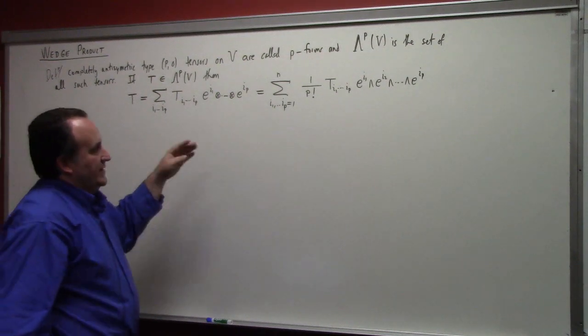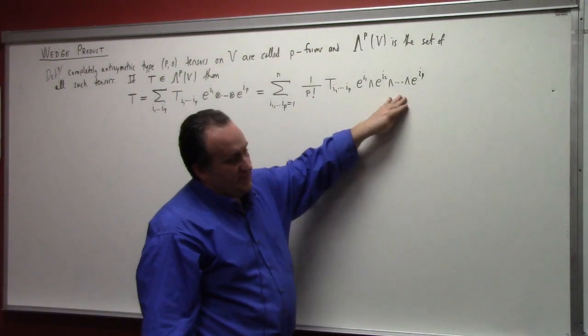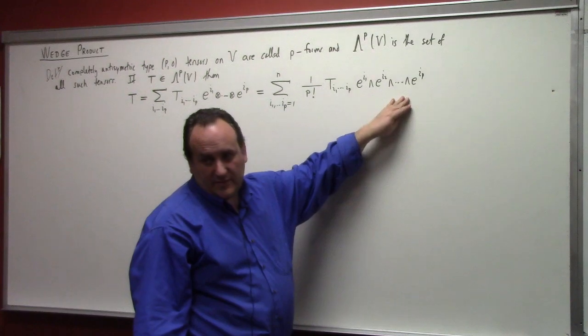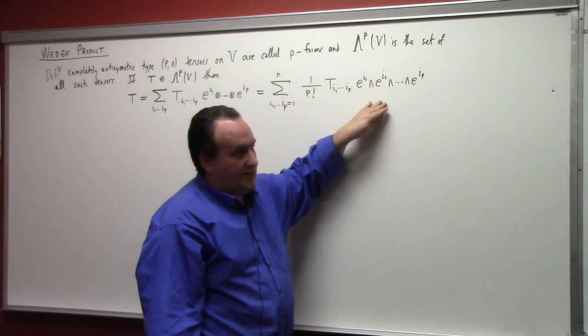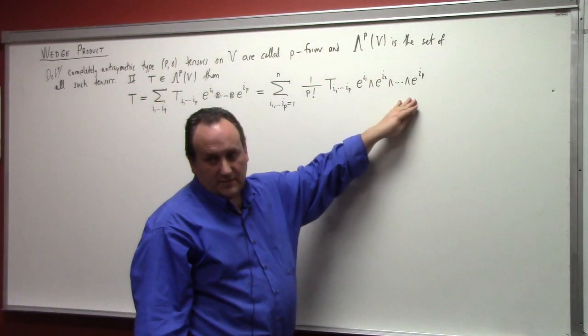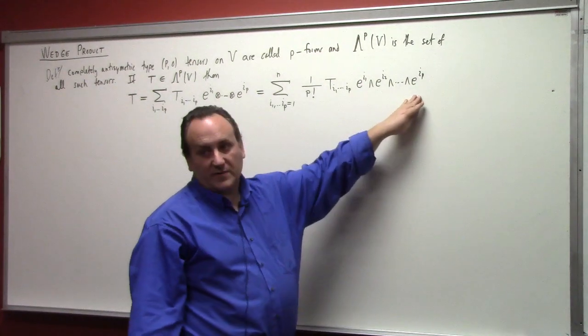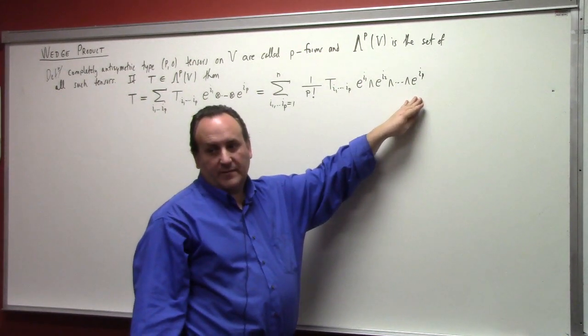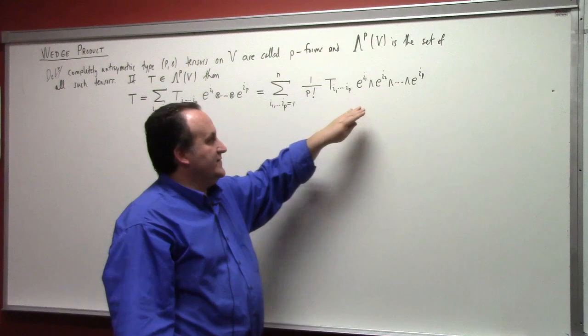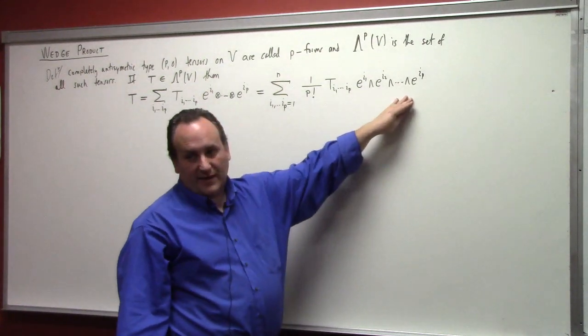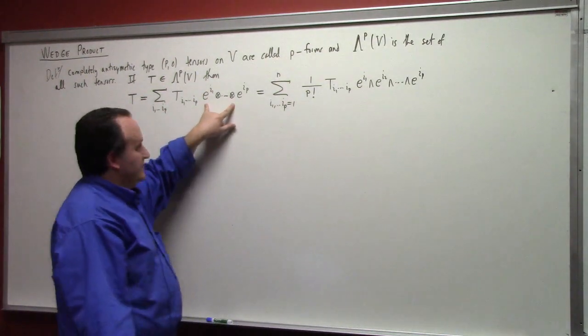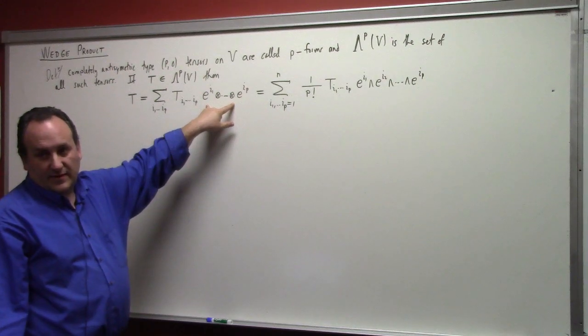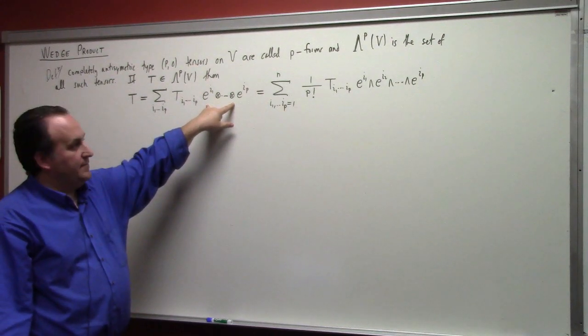Well, let me just focus on the right-hand side. If we think about what this means, it's that completely anti-symmetrized sum of tensor products of these dual vectors, right? And so there's like p factorial terms here. But every last one of those can be rearranged to this, according to